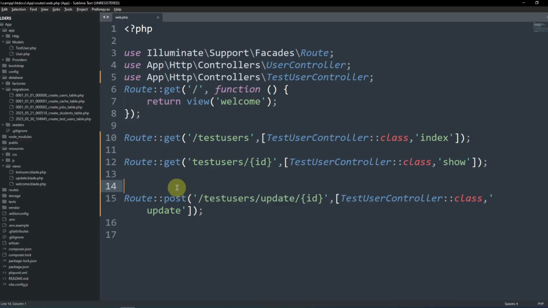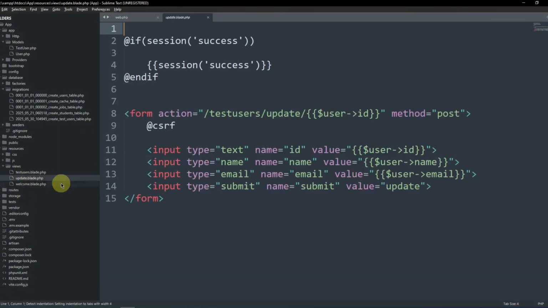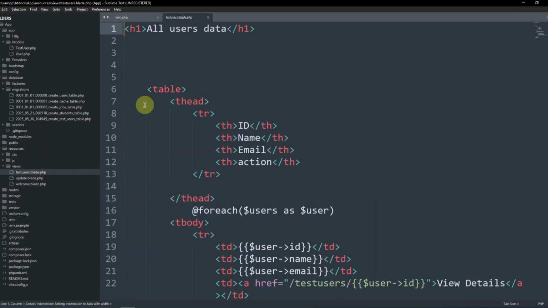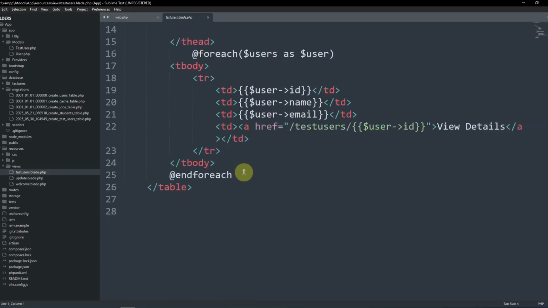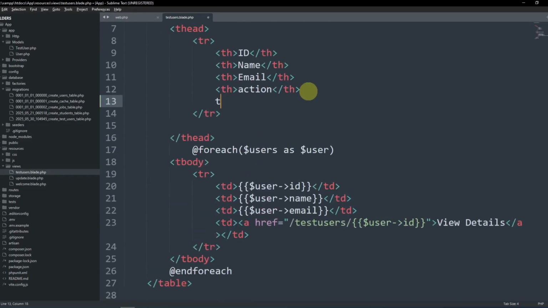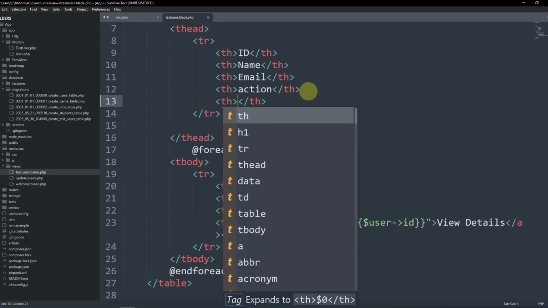So what you have to do, let's say I want to go to the, so this is the test user page, right? So we'll go here and we'll actually go to the test user. Here you can see, and now I can add here a delete button. From here we can actually delete something. So how to do this? We can add here one more action, and that is the action,